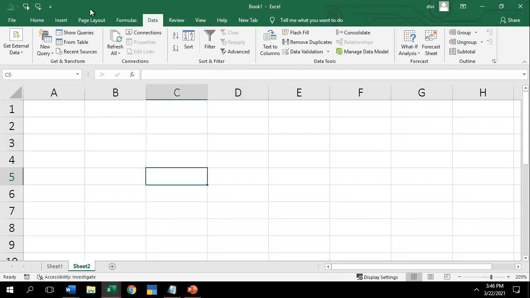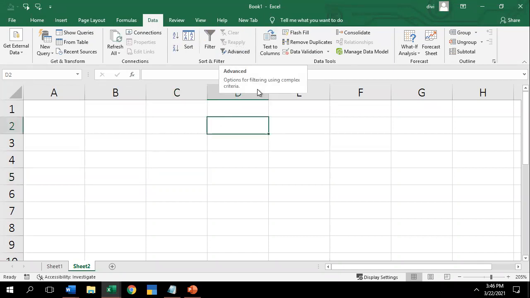And in the data tab, queries and connections we will do in the advanced concept. And you have sorting in ascending and descending order. Advanced filter, what is an advanced filter? Analyzing your data by filtering. By the filter format, you can use the advanced filter. Text to columns, converting your huge text data into columns. If you have text you want to convert to columns, you can go by it.